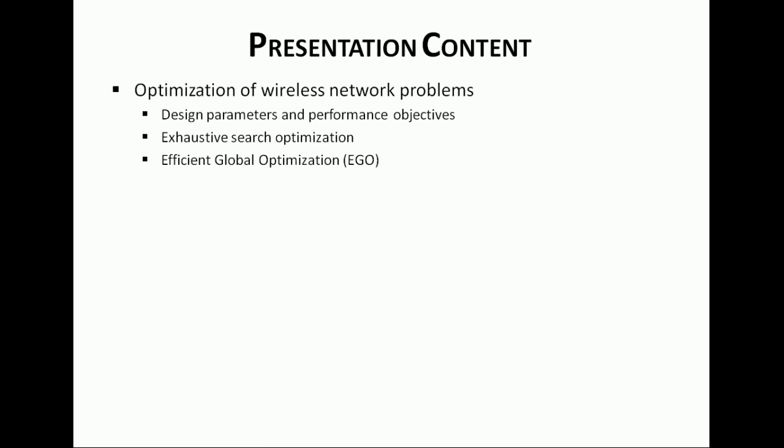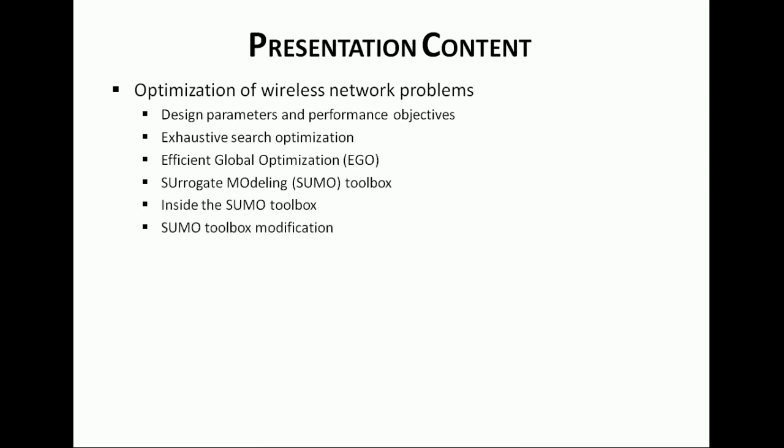We will start by giving examples on the wireless network optimization and the design parameters and objectives used to tune the performance. Next, we will show the two broad optimization approaches called exhaustive searching and efficient global optimization. And then we'll show their pros and cons. After that, the principles of the SUMO toolbox, which is again from this efficient global optimization domain, will be discussed. We will also look at the inside of the SUMO toolbox,